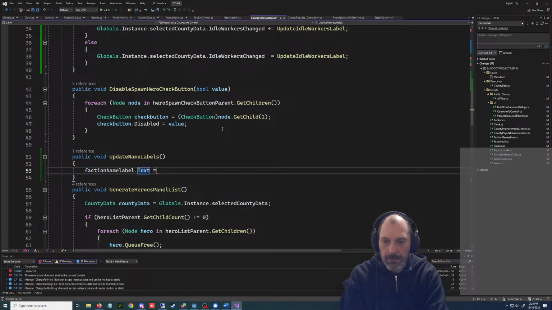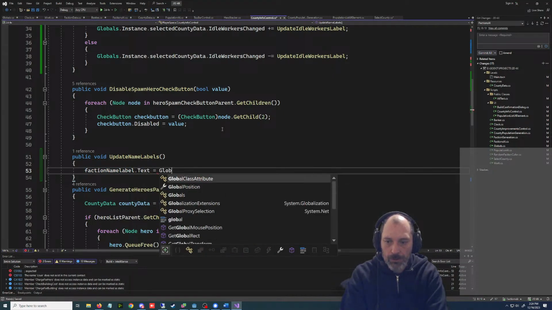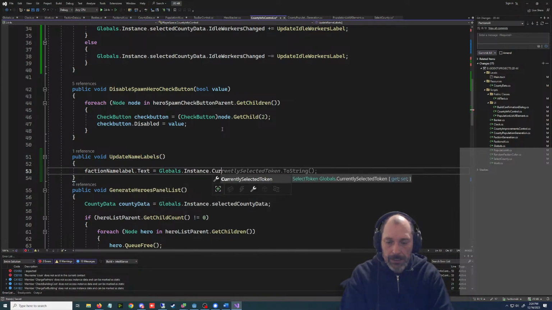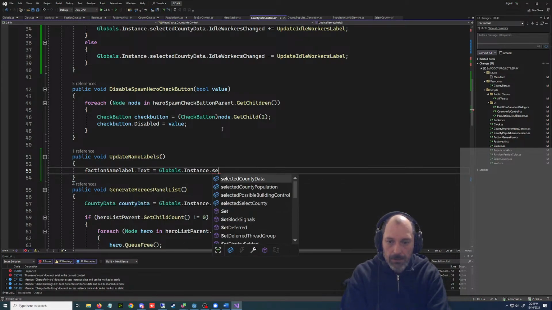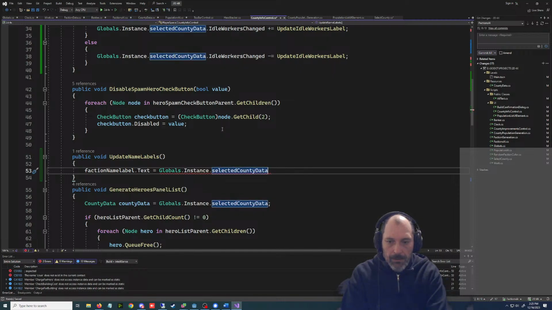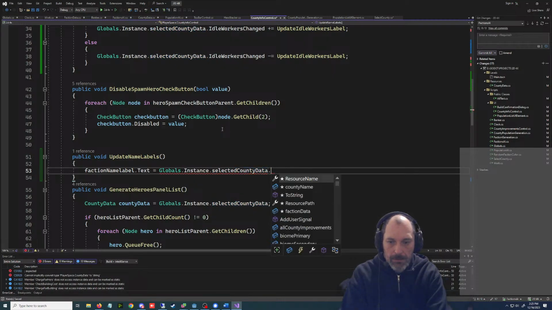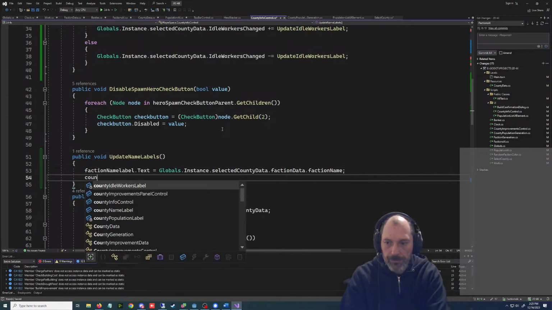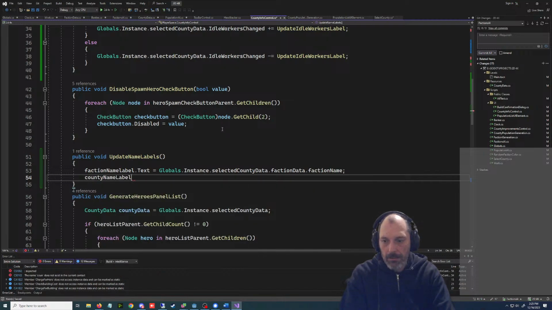Label dot text equals currently globals currently selected. And then under here, we'll go text.